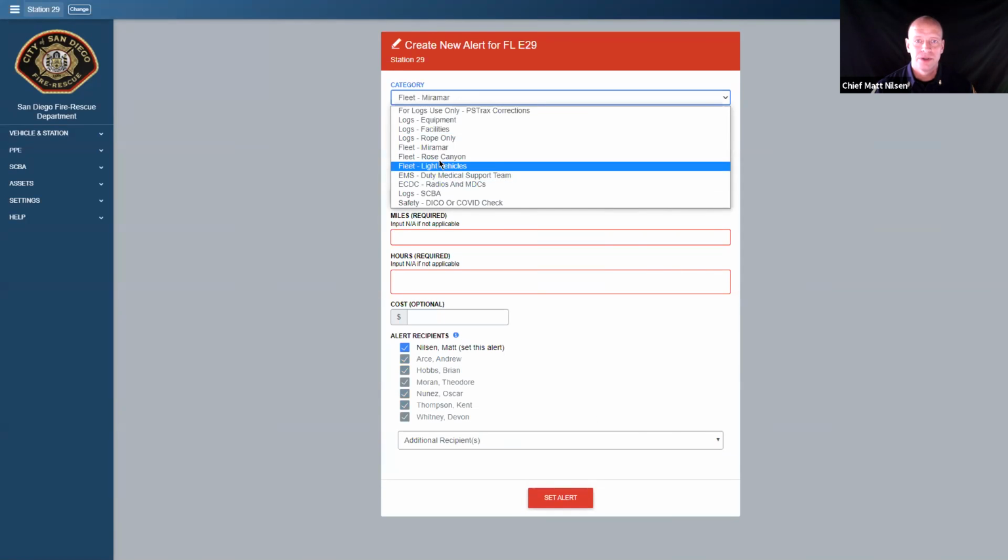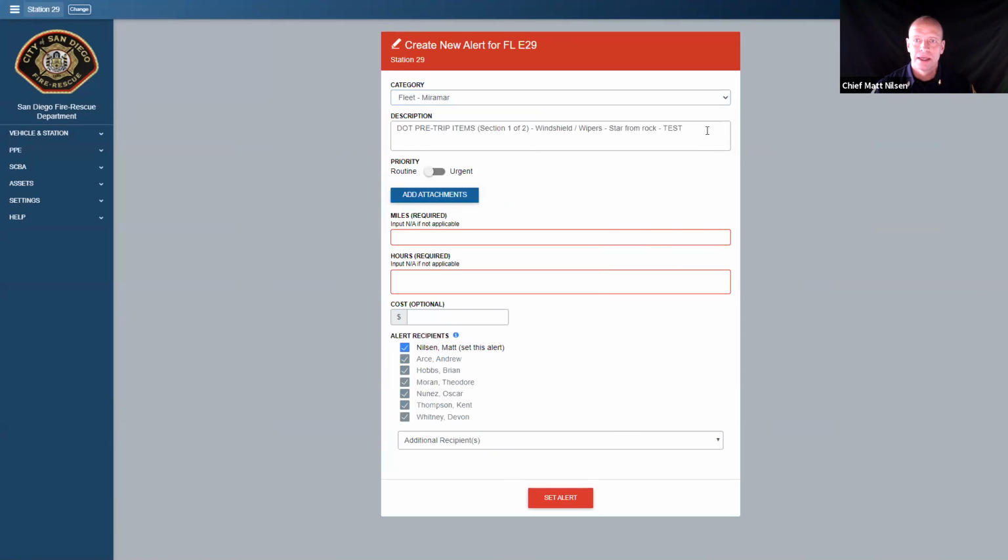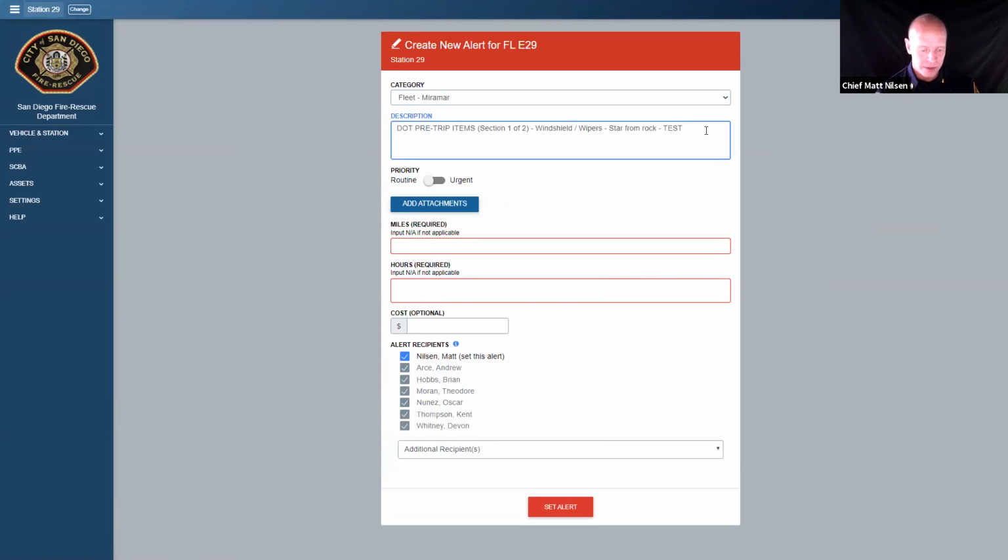I can change this to a different fleet location, dispatch if it's a radio issue, for some reason, safety if it's a deco check. Obviously this is a windshield, it should be where it is. I can now add in more details while driving,